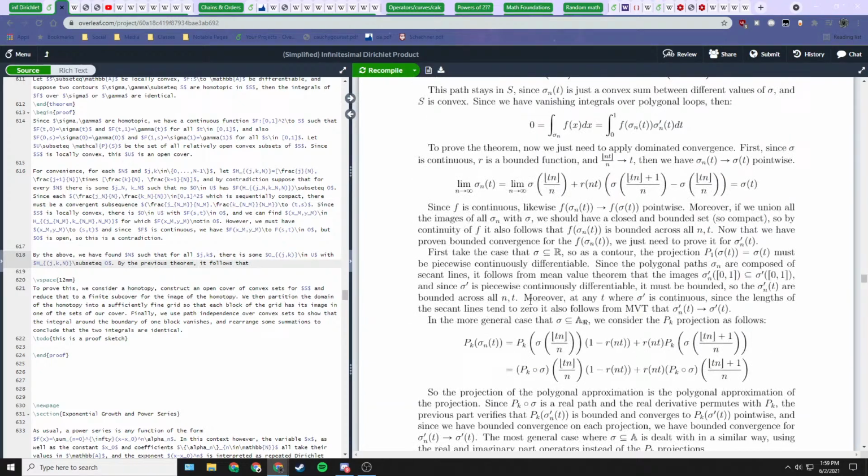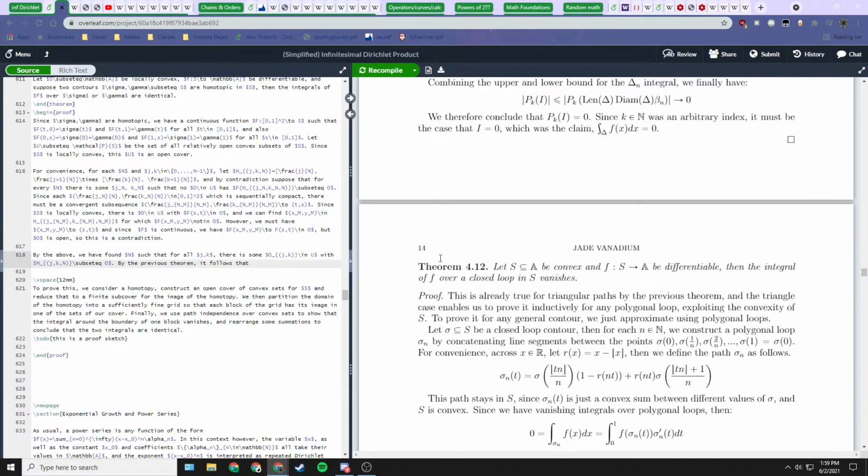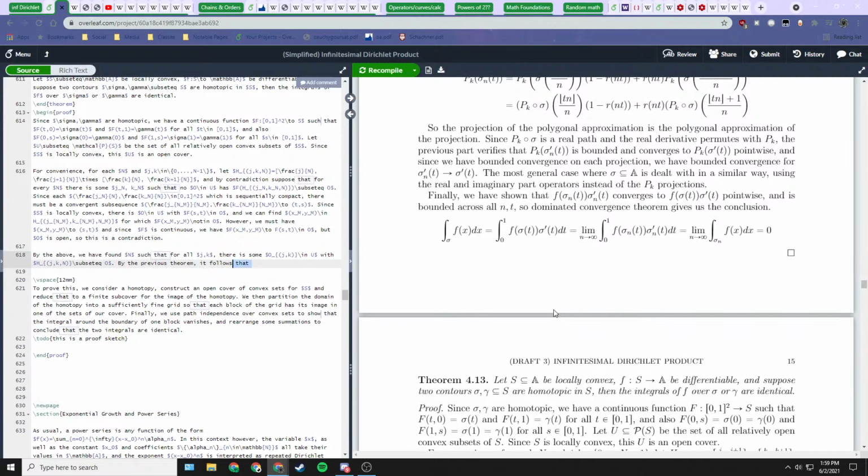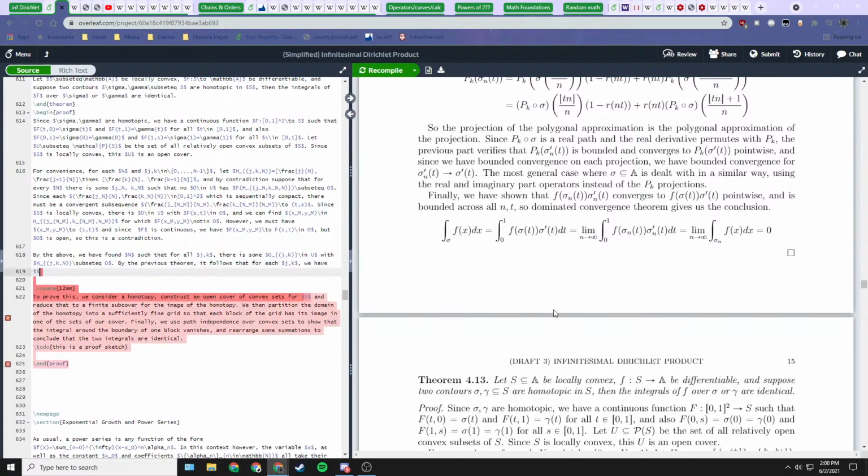This previous theorem states explicitly that the integral of f over a closed loop vanishes. So we want to start by cutting up the sigma curve. It follows that for each j,k, we have